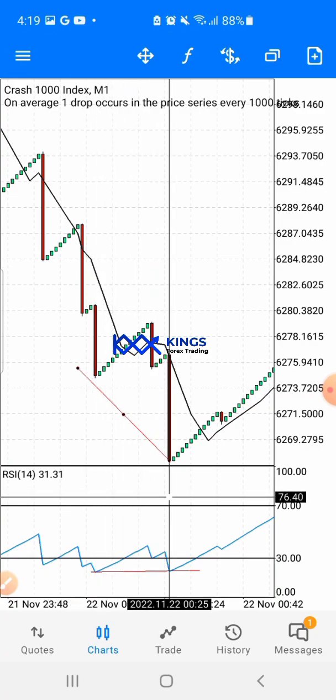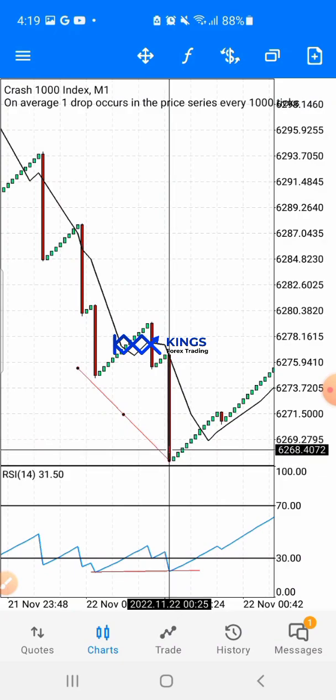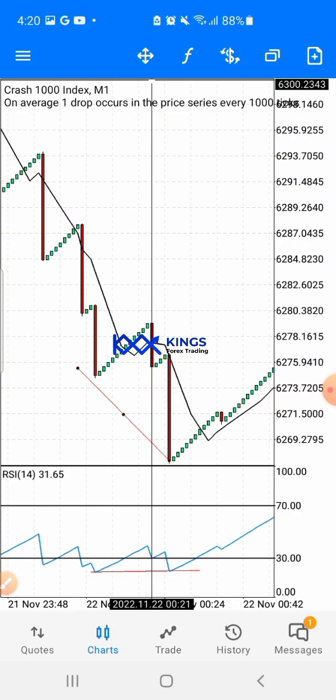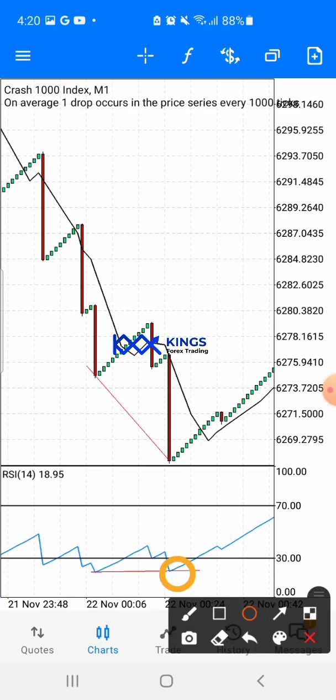I'm showing you the RSI divergence. This is a higher low, while the main chart here is giving us a lower low. So this is actually opposite. The information is contradicting, and that's why we call it divergence. So this strategy is for reversal. Once you see this divergence, all you need to do is to simply